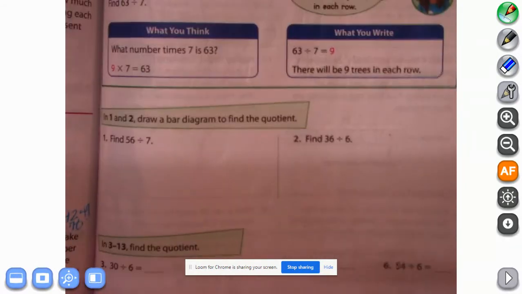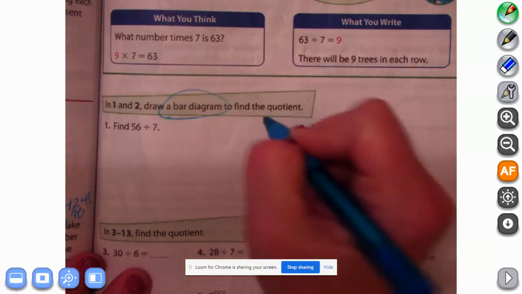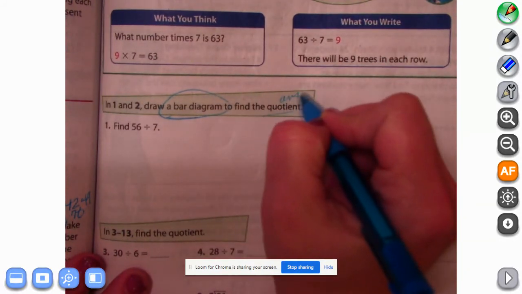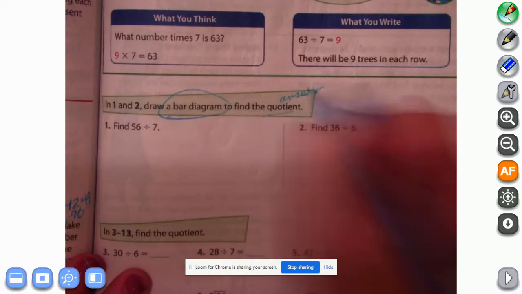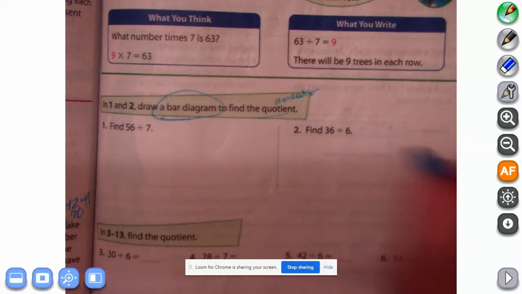All right, we're going to go to number 2. Draw a bar diagram to find the quotient. What is the quotient? It's the answer to division. So find 36 divided by 6. We need to draw a bar diagram. We're going to have 6 groups in our bar diagram. How many are in